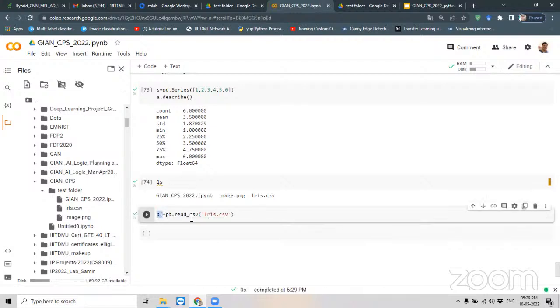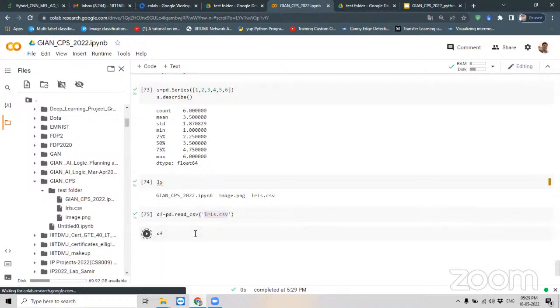and then I'll pass iris.csv. Now this data frame has all the things that are inside this file. So when I print df,